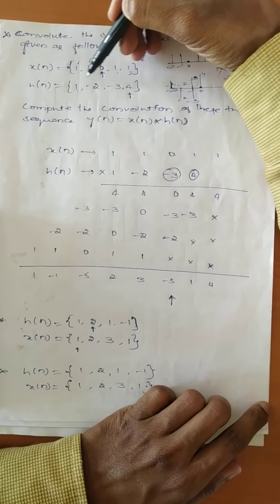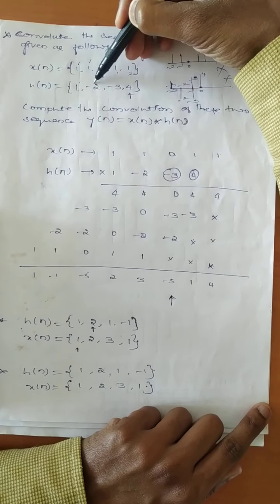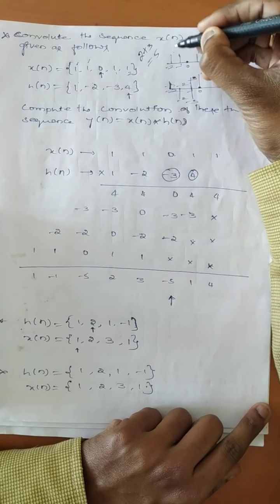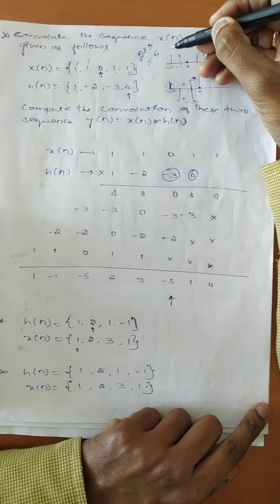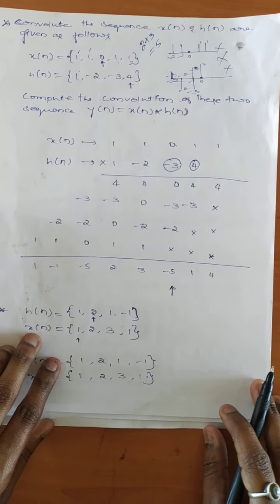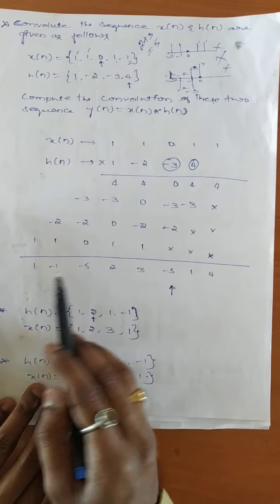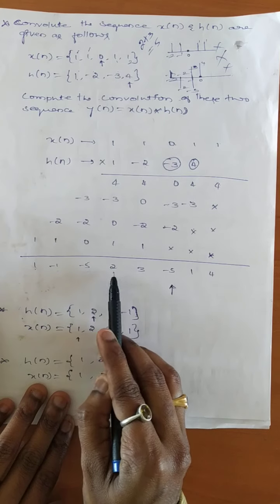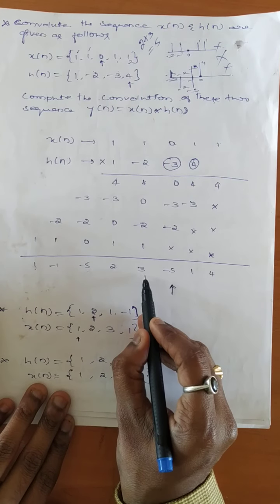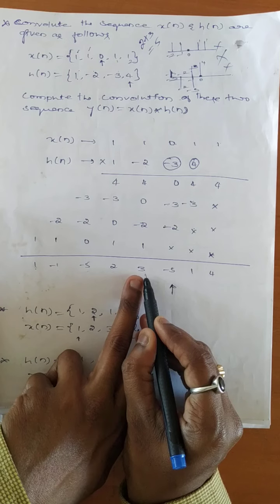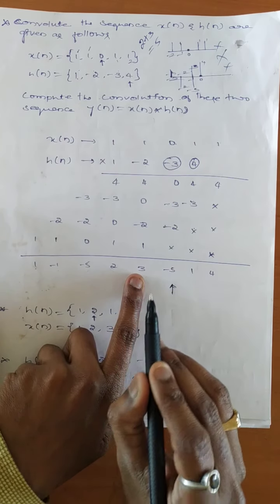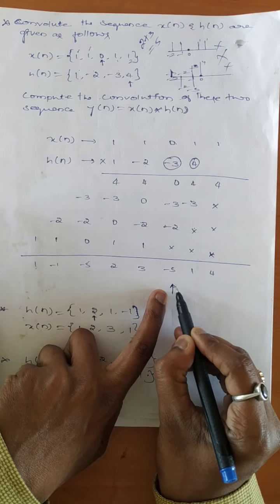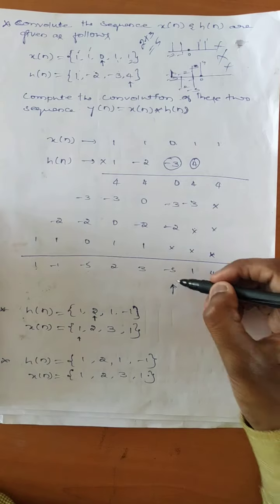In case of h of n, the samples are 1, 2 and 3. So 2 plus 3 will be 5. So 5 samples are there among x of n and h of n. Now you count 5 samples from the left of the obtained result. So 1, 2, 3, 4, 5. Up till 3, the number is 5. So till 3, don't mark anything. After that, you will get one sample. You indicate it as the 0th position, and that is your arrow mark.